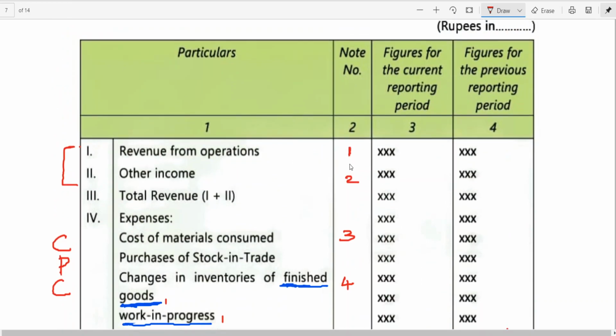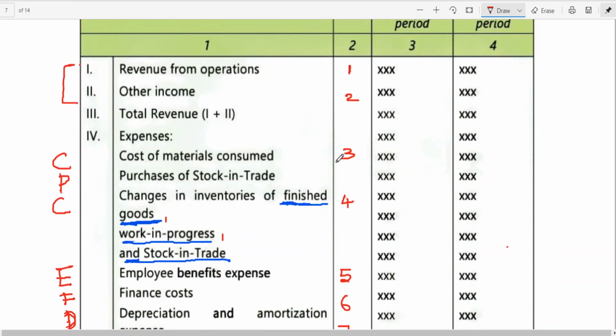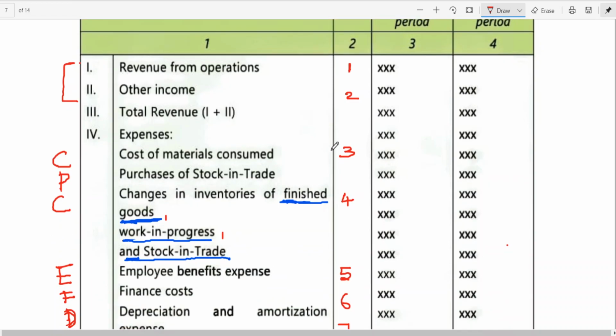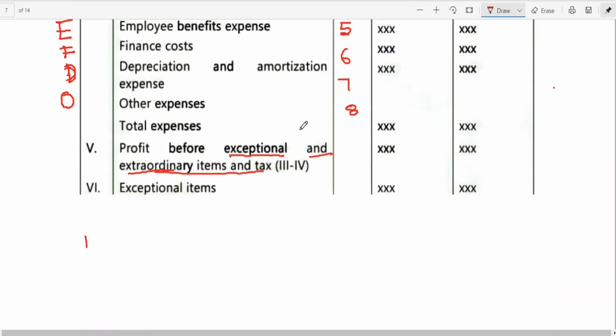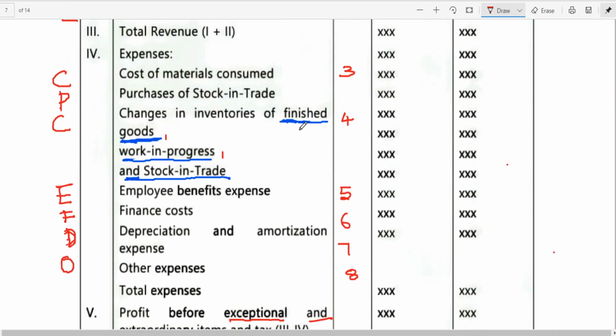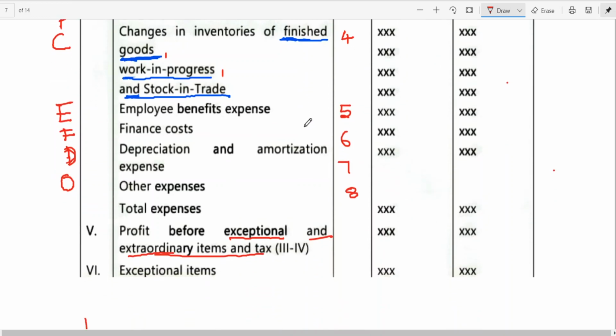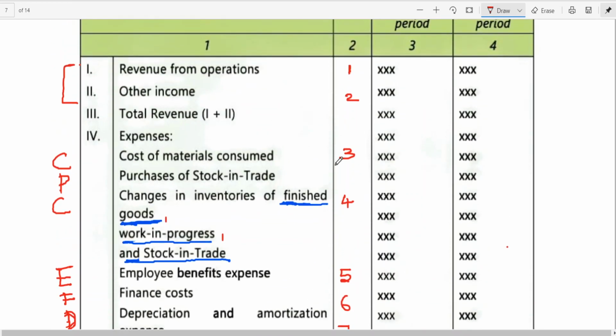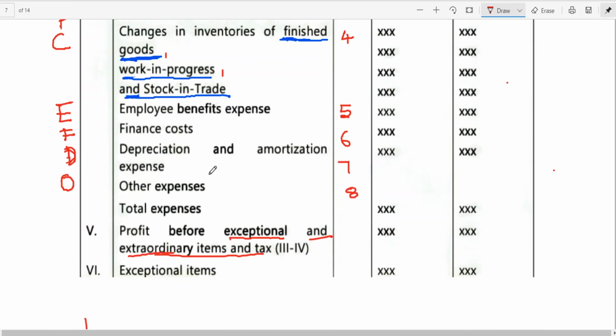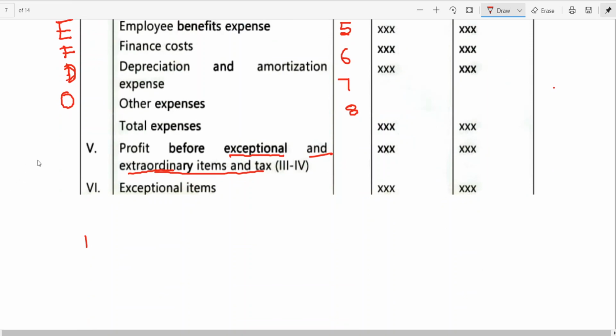Whatever we have discussed, I have given in detail. In the examination, if you are having only one item, no need to write note 1. It is implied. If you are having only one item in other income, no need. If you are having two or more, then you can write. Even for one item, if you want to write, you can, no issue. These notes I will be giving. So now what is it that you are getting? Total revenue minus total expenses, you will be getting profit before exceptional and extraordinary items. The total revenue 3 minus, this is 4 actually, which is missing.